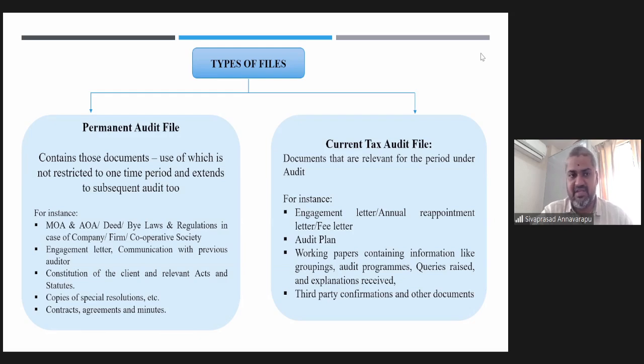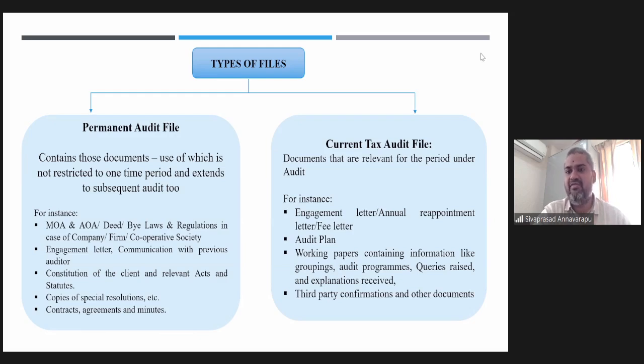The permanent audit file, as the name itself suggests, is at the client level. It is above the current period, and it transcends all the years while the audit is continuing. So anything that is of relevance for all the periods that we continue as an auditor shall be kept in this permanent audit file. Needless to say, instances like all the licenses and approvals, all the engagement letters and communication to the previous auditor, and every resolution that has a bearing beyond the current period shall all be filed into the permanent audit file. And as the name suggests, it is permanent in its nature.